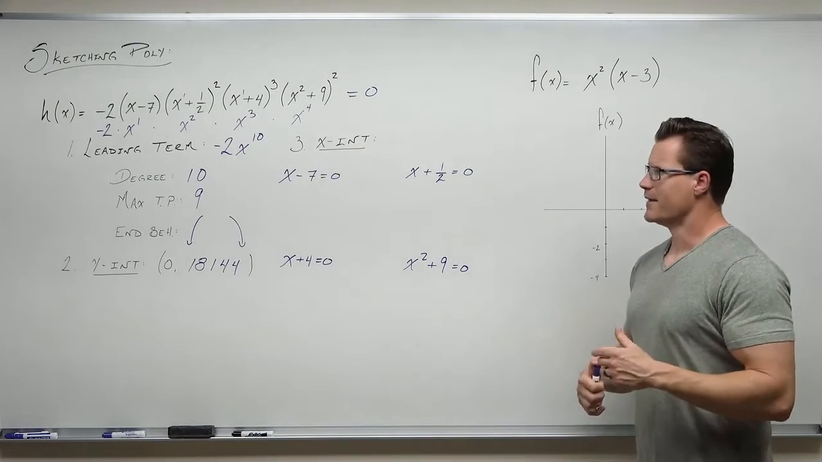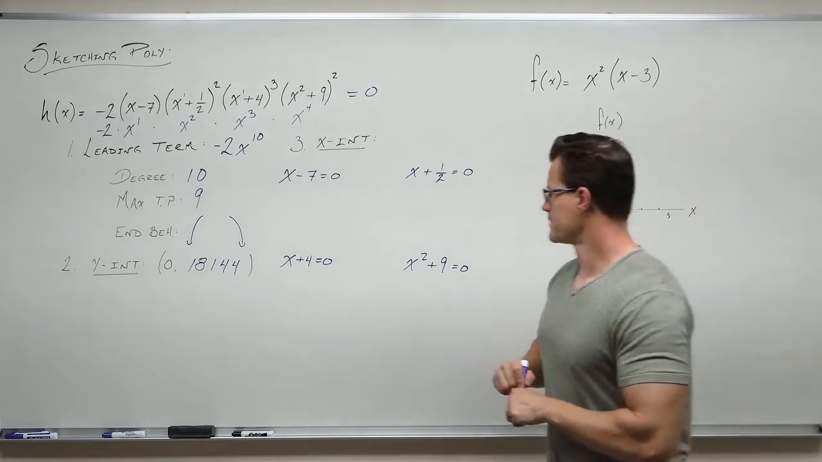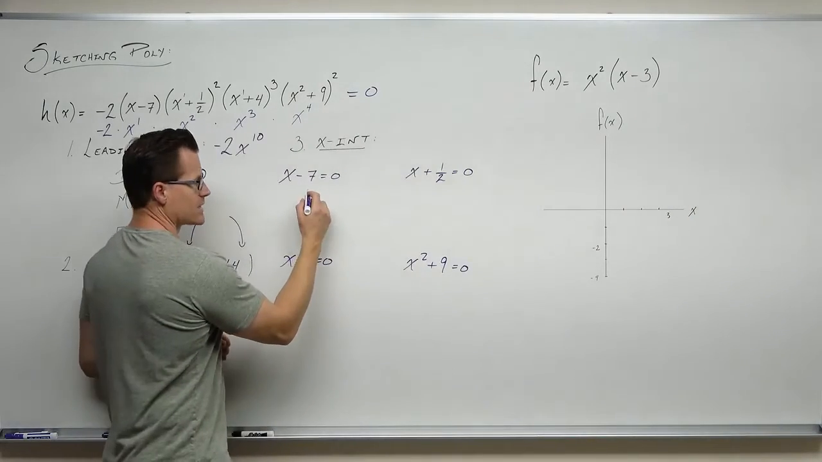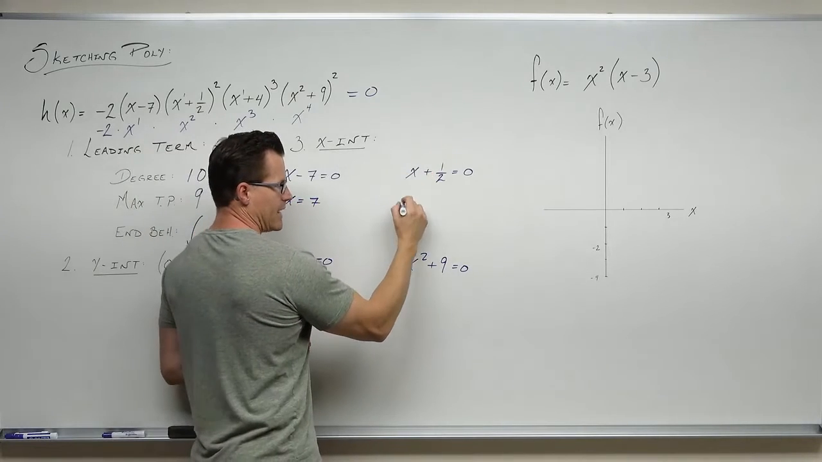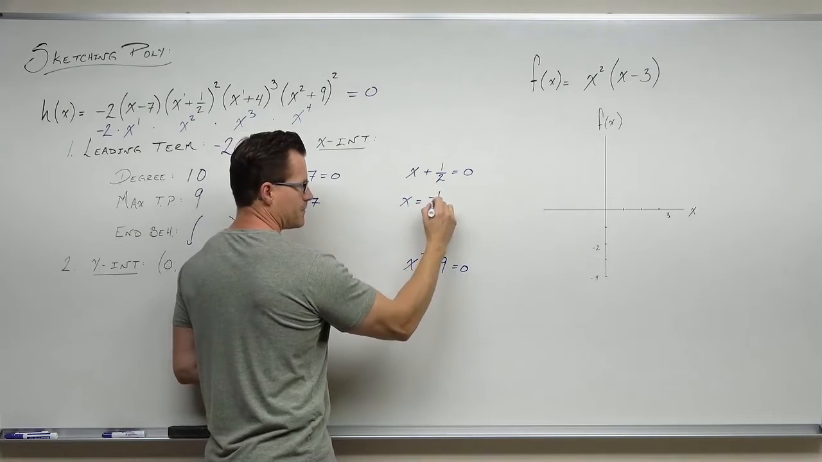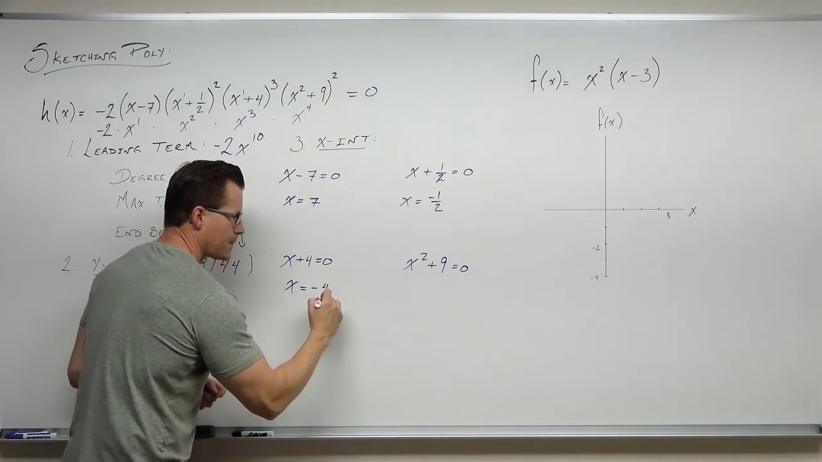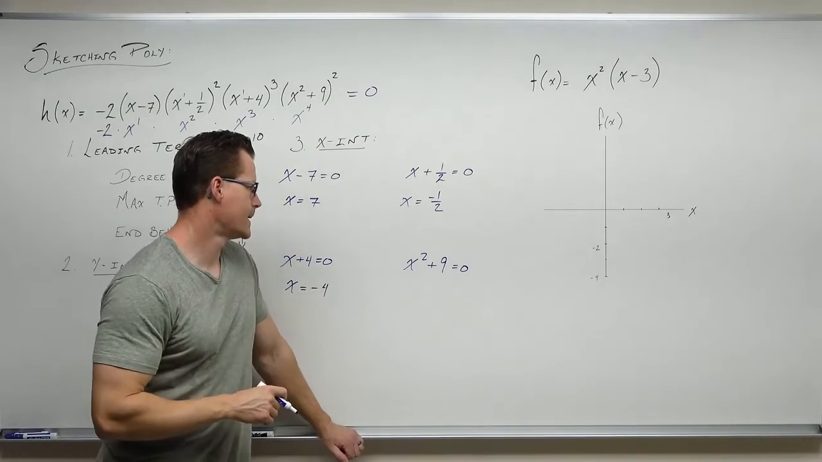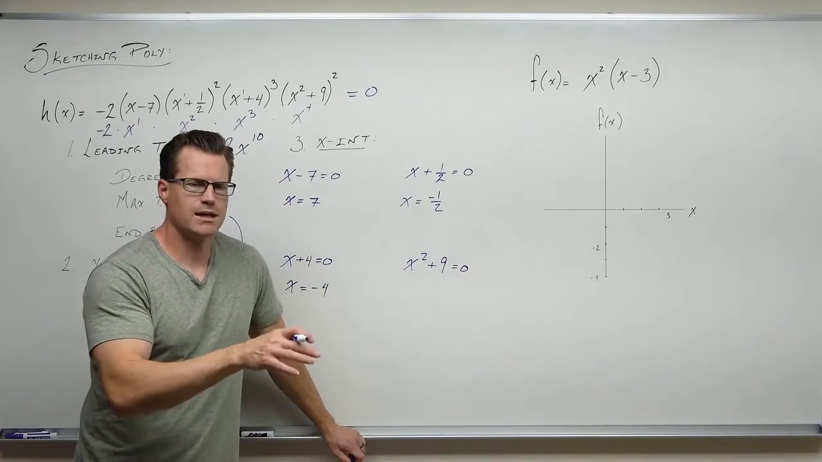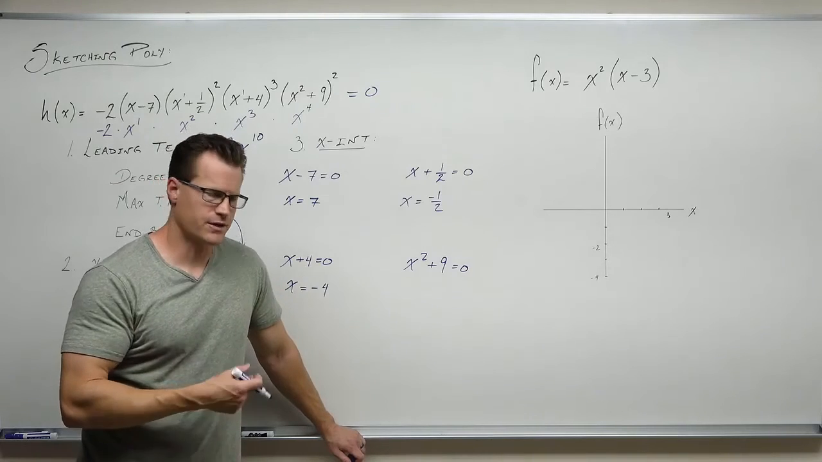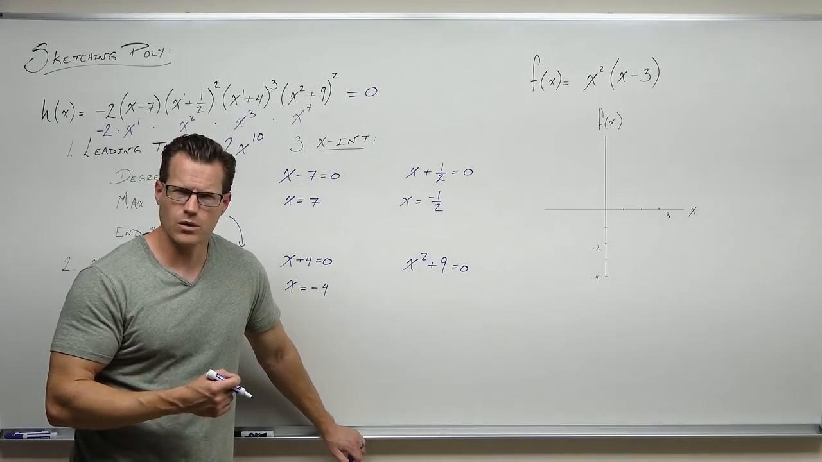So once we've done that, we have some basic solving to do to find our x-intercepts, like x equals 7, and subtract 1/2, x equals negative 1/2. If we subtract 4, x equals negative 4, and wait a minute, x squared plus 9 equals 0. Well, wait a minute. If I subtract 9, I would get x squared equals negative 9. If I take a square root, that's going to give me a complex number. If you think about it more closely,